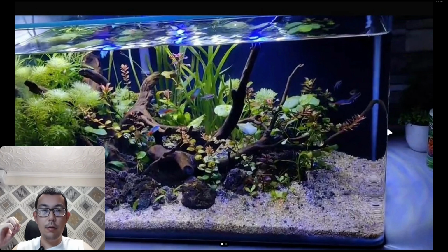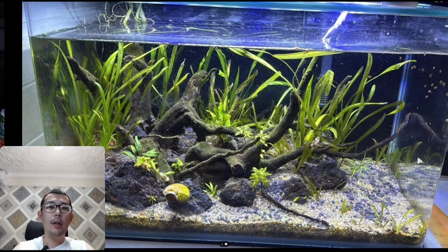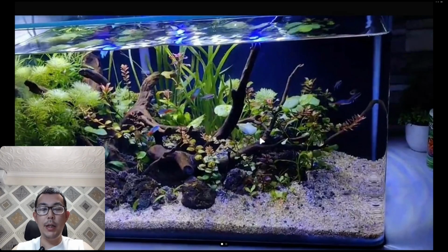But the original poster has posted another picture showing what happened to the aquarium. And take a look at this. Only Vallisneria has survived, and some other plants. And he is asking what is happening. So what is happening, I guess, is the lack of nutrients in the initial aquarium phase, because probably this aquarium is a new setup. I can even judge by